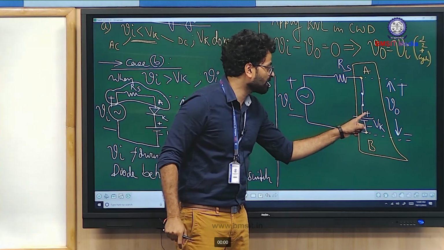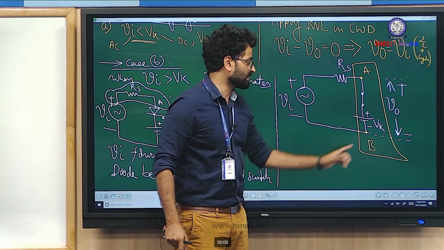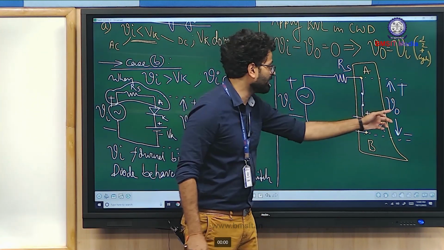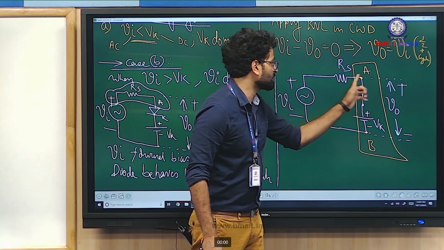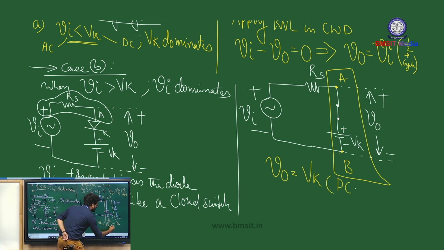The positive terminal of the battery is connected to node A and the negative terminal is connected to node B, and you see the V0 sense. So V0 is measured between node A and B. So your output voltage V0 in this case is nothing but the potential that exists between node A and B, which is Vk. So your output is basically a